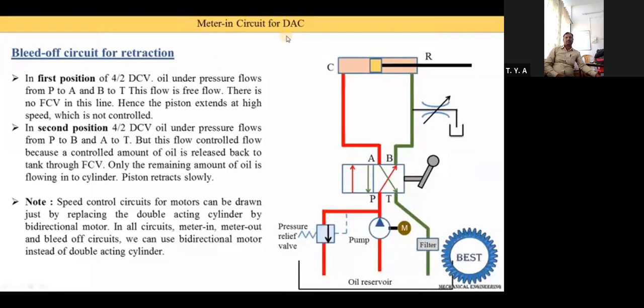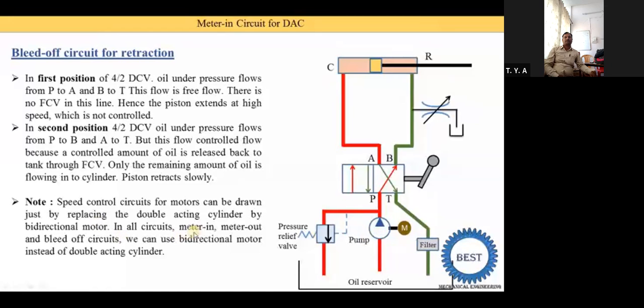Bidirectional motor, then you only need to change the symbols. So instead of the symbol of double acting cylinders, you need to draw the symbol of bidirectional motors. What is the symbol of a bidirectional motor? That is one circle, and inside the circle you need to draw two triangles. And here you see the symbol of pump. In a pump, the symbol is drawn like this, means the apex of the triangle is on the periphery. But for the motor it is changed, this apex is going inside, towards the center.